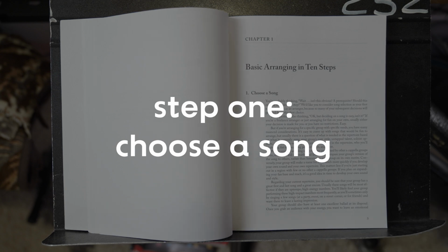Step 1. Choose a song. Yeah, pretty obvious, but the first step is to choose a song. And this choice might be more complicated than you think. If you're commissioned to write a piece, or if a group has requested a specific song, your job's kind of already done. But if you have any control over what song you're going to arrange, my best piece of advice